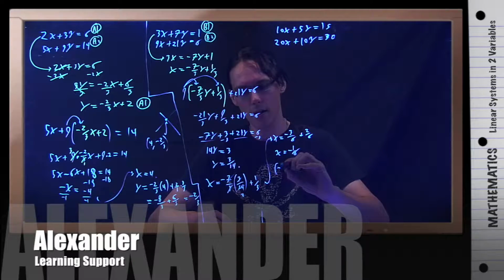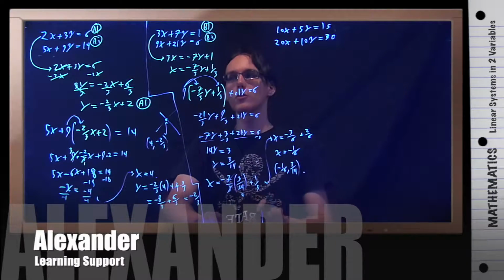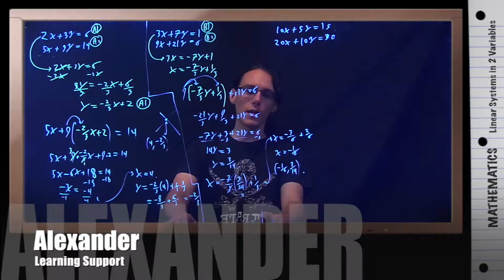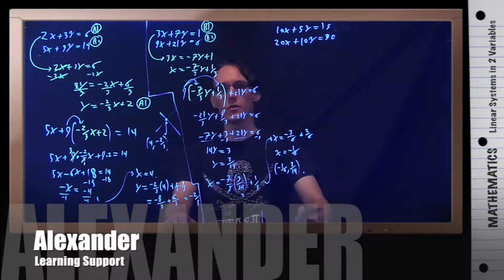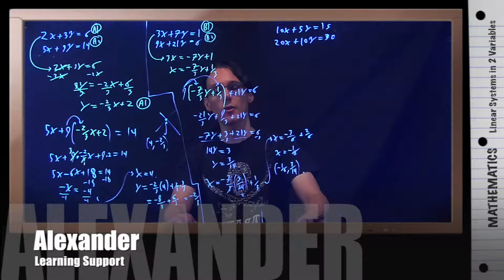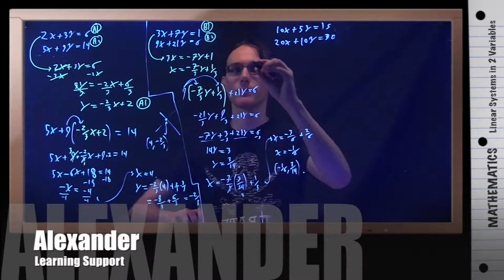So what's going on here? I'm getting a solution. X equals negative 1/6, and y equals 3/14. But if you do substitution, you have to realize that you need to check that this point here satisfies both of these equations. In other words, you need to make sure it actually works. So if I try it in the first equation,